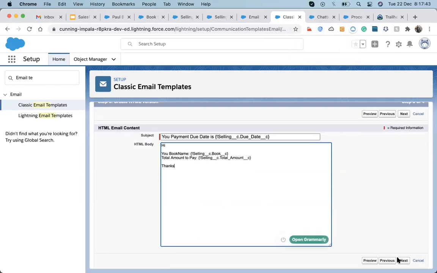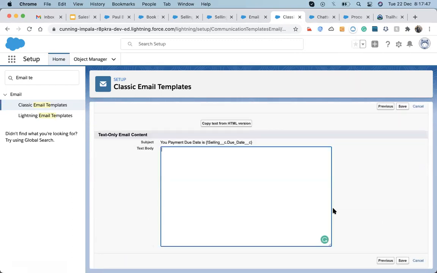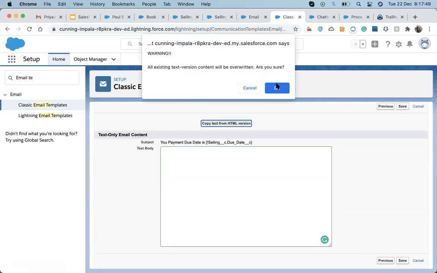Okay, I designed this and I must say I copied it from somewhere.